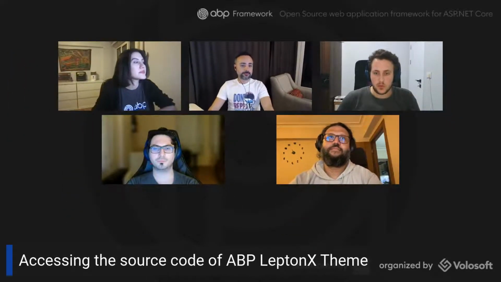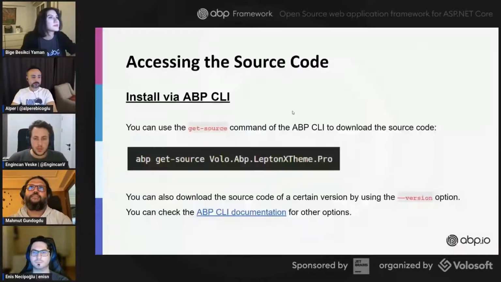Thanks, Vige. Before digging into customization and customizing some components or layouts, we should be able to access the source code of LeptonX theme. We can do it in two ways. First, we can install it via ABP CLI. We can use the get-source command of the ABP CLI to download the source code. We just need to type abp get-source